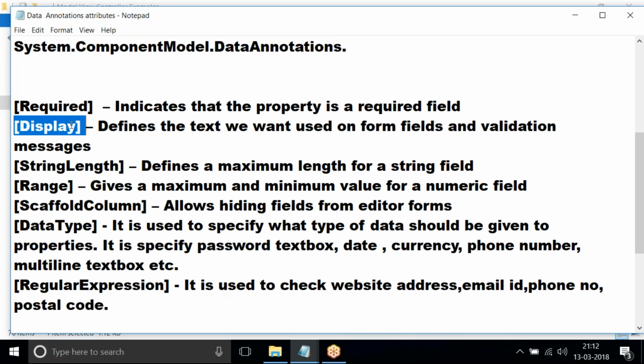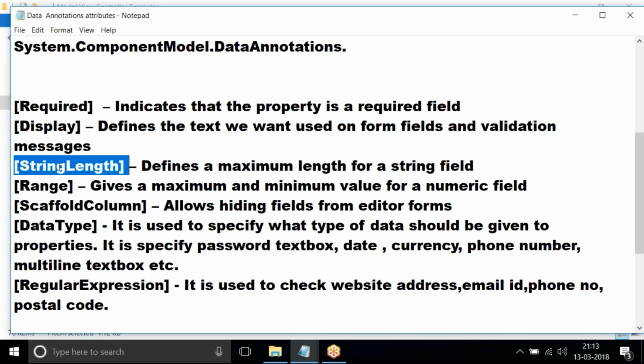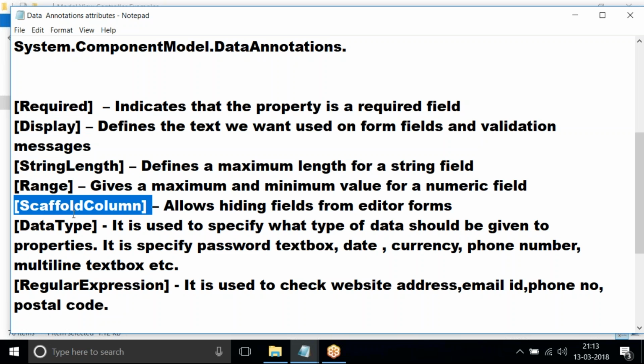So if you want to give a meaningful name, then we can use display. String length is used to give the length of the string, and here range is given. Range means we can give minimum to maximum value, and a scaffold column is there. This is like a hidden field in ASP.NET, and the data type is there here.